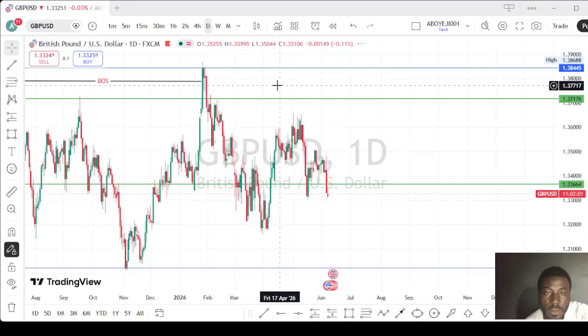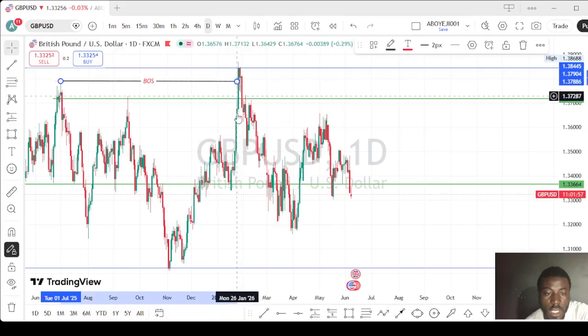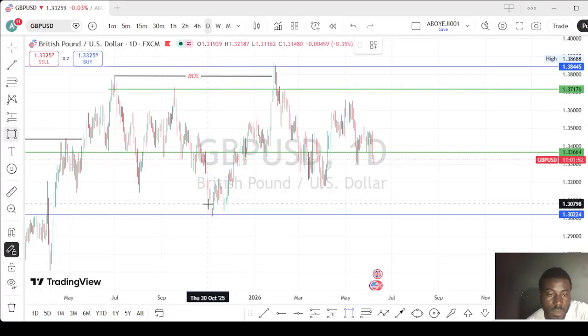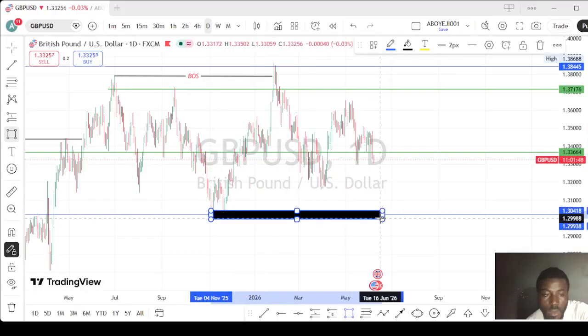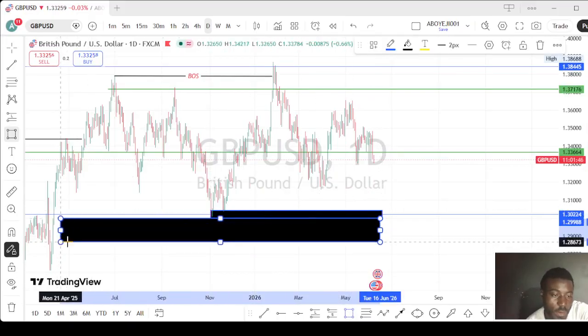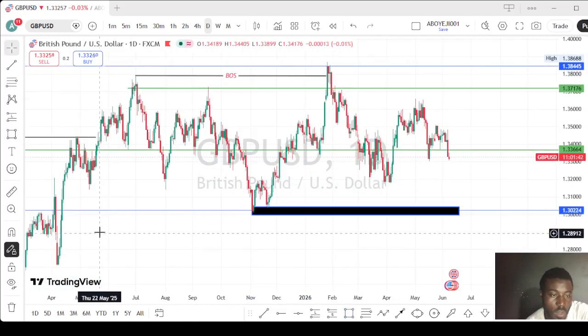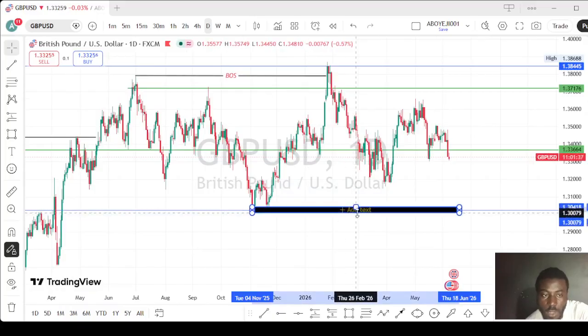So on daily time frame, after we plotted our swing high and our swing low, because this is the latest break of structure here, this is our swing high and the swing low, and this is the demand that the market gave us. This may serve as liquidity later, because we still have FVG here. This is a demand the market just gave us. So let's follow this demand.